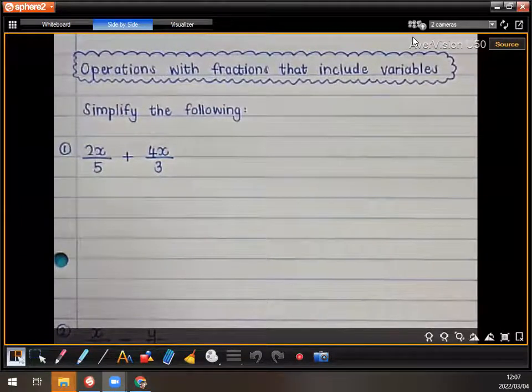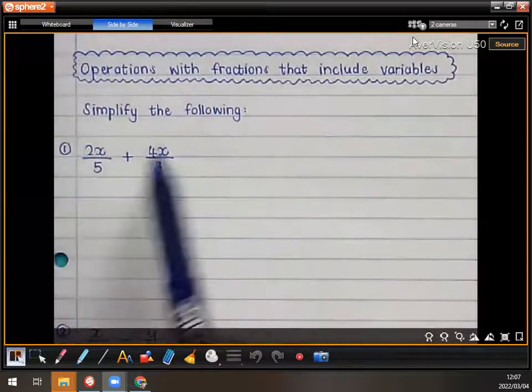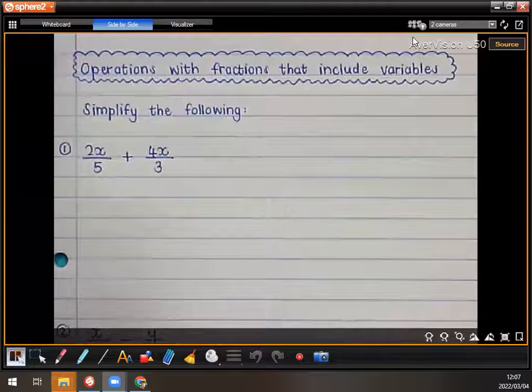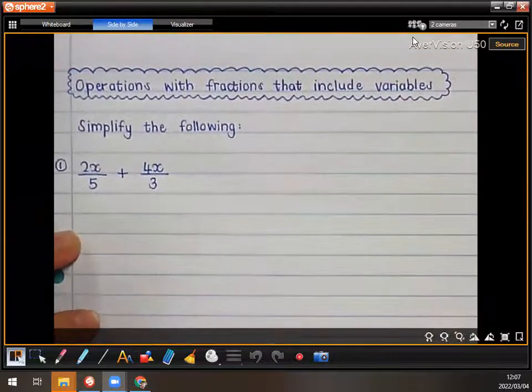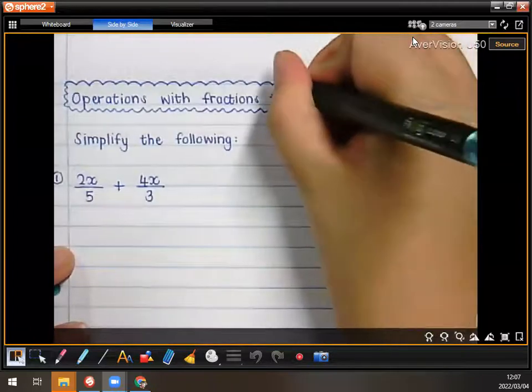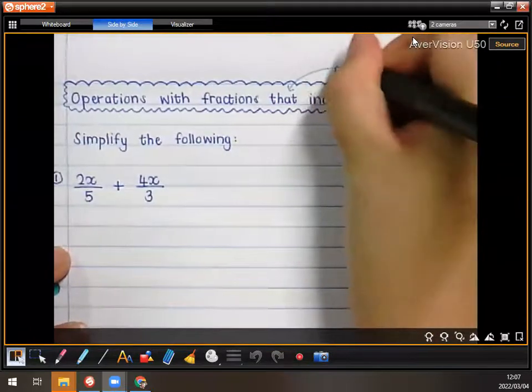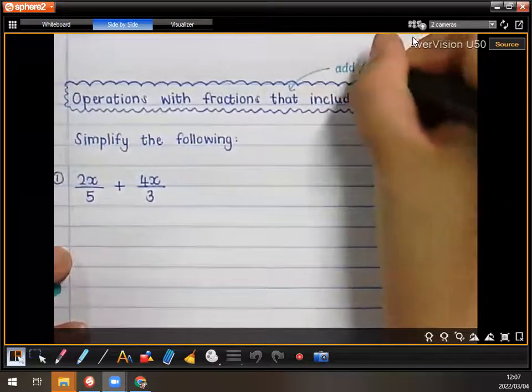So guys, I want you to understand that we're going to use the same methods that we used when we were just working with numbers. All right, but now we must remember, what do we know about algebra? About what did we do before with adding and subtracting? We can only add and subtract like terms. Do you remember that? Okay, so I'm just going to add that here to the heading. Add slash subtract